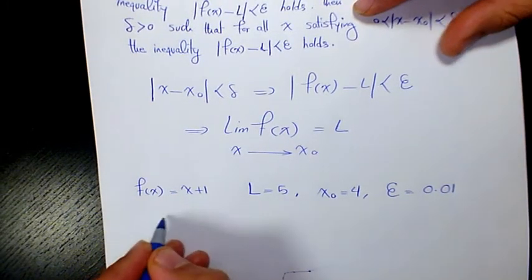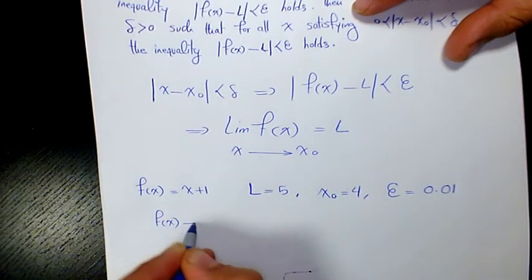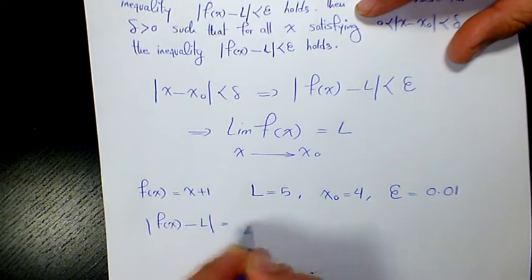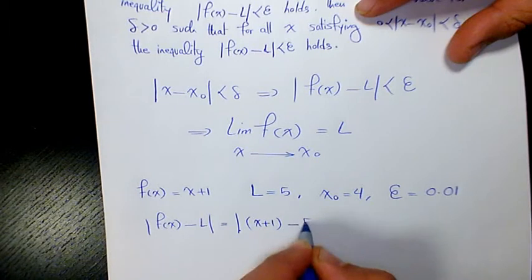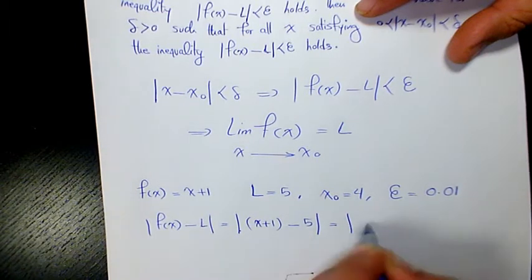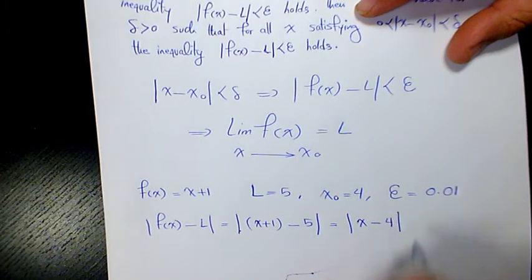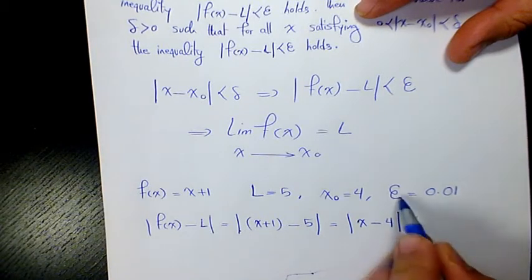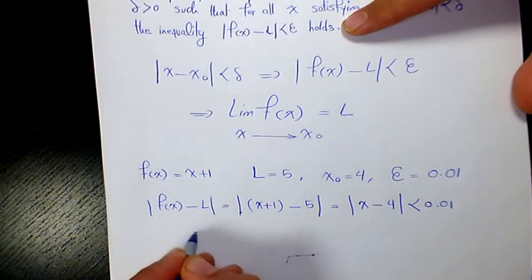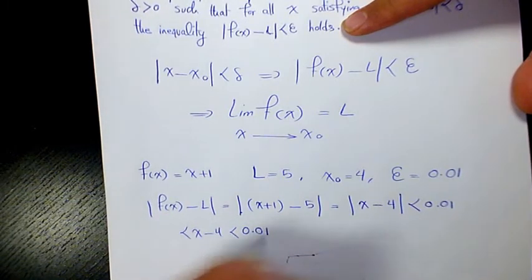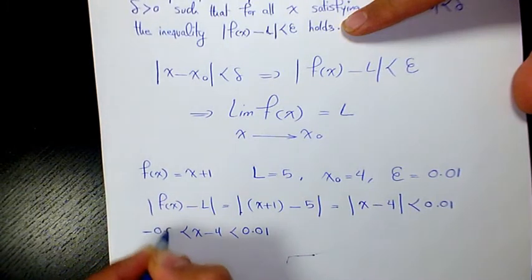So I'm going to say the absolute value of f of x minus L is the absolute value of x plus 1 minus 5. That makes it the absolute value of x minus 4. That has to be smaller than epsilon, which in this case is 0.01,